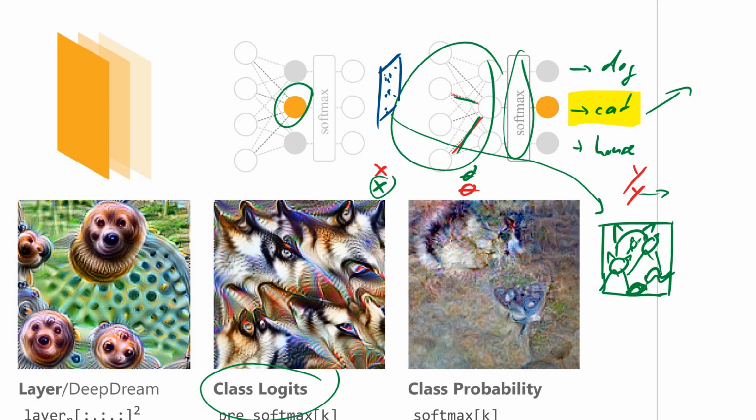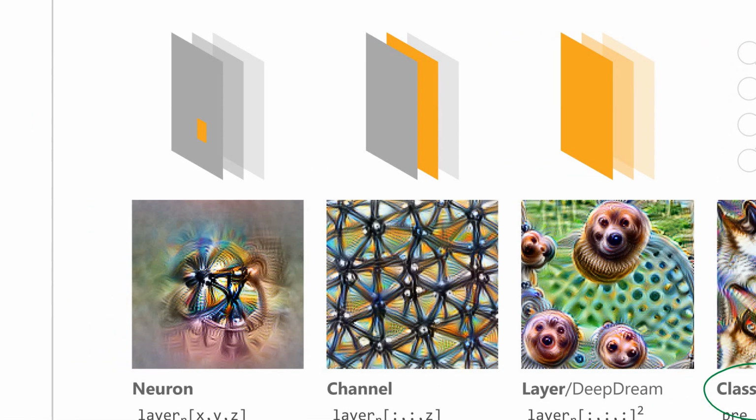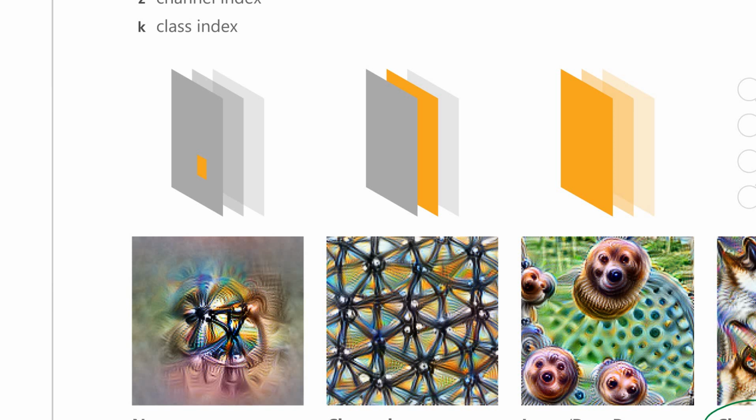All right, now this is somewhat interesting, because you can find out what does the network think is the most cat-like thing there is and the most dog-like thing there is. But what you can also do is you can see what do the intermediate layers of the networks, what do they get excited by. So what you can do is, for example, you can take an individual neuron in one